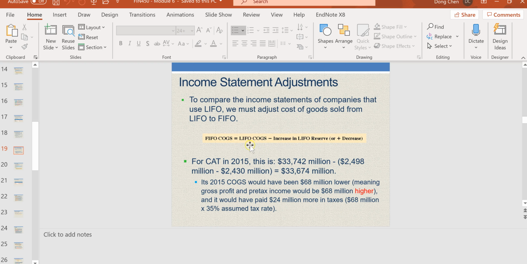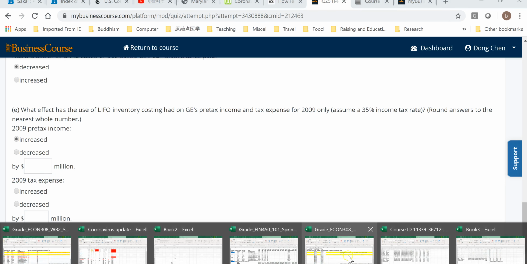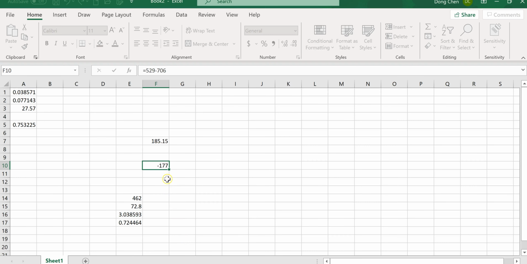Hence, under LIFO, the pre-tax income will be higher than pre-tax income under FIFO. So it will be higher by how much? By this number we just calculated,